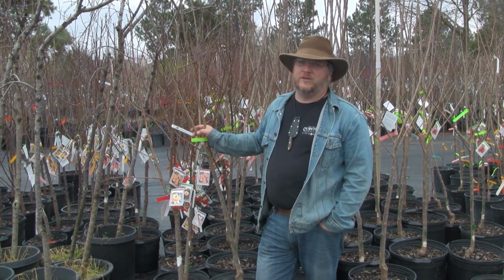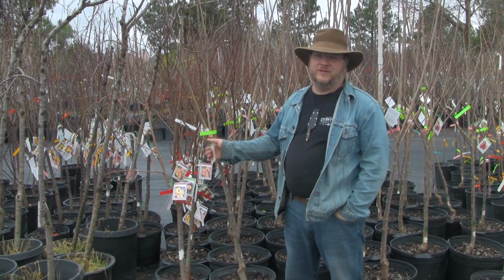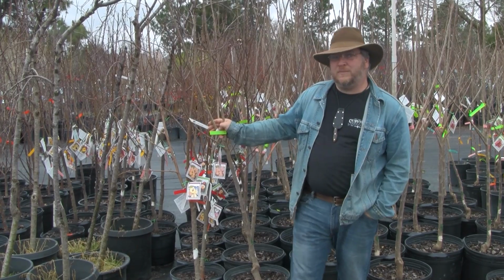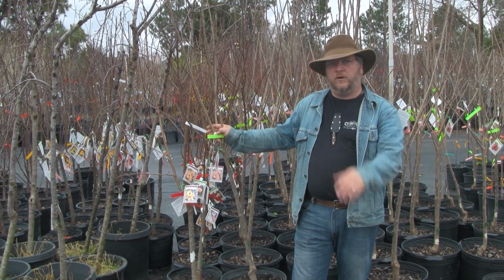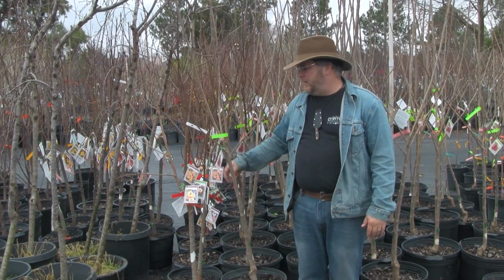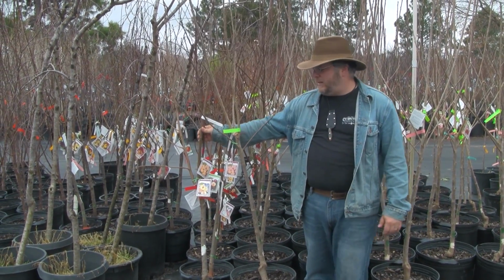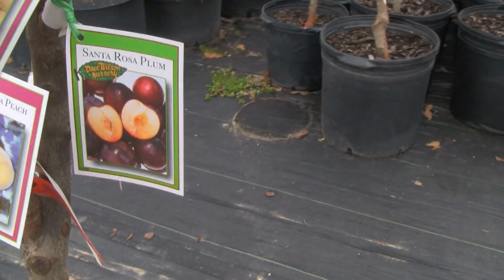I'm out at Bob Wells Nursery, but I'm actually looking at a product from a company called Dave Wilson Nursery that Bob resells apparently. And there's a couple cool things about what Dave Wilson's doing that I thought you guys might want to know about, especially those of you with really small spaces. A lot of you guys are telling me you can only plant so many trees because you got a small yard. Well, with this tree right here, I've got an apricot, I've got a plum,